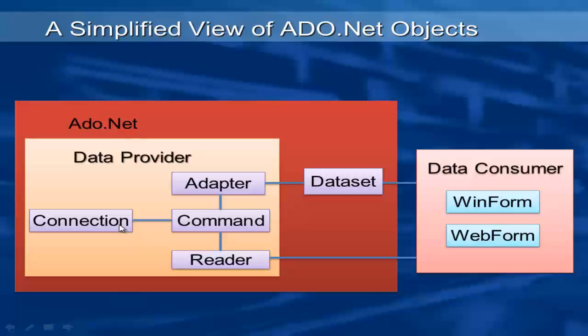Naturally, the connection object must take all of them into consideration. So what's the use of the connection object? The connection object is responsible for establishing the connection with the database. Once you establish the connection, what are you going to do? Once you are connected to the database, what are you supposed to do? Once you open that